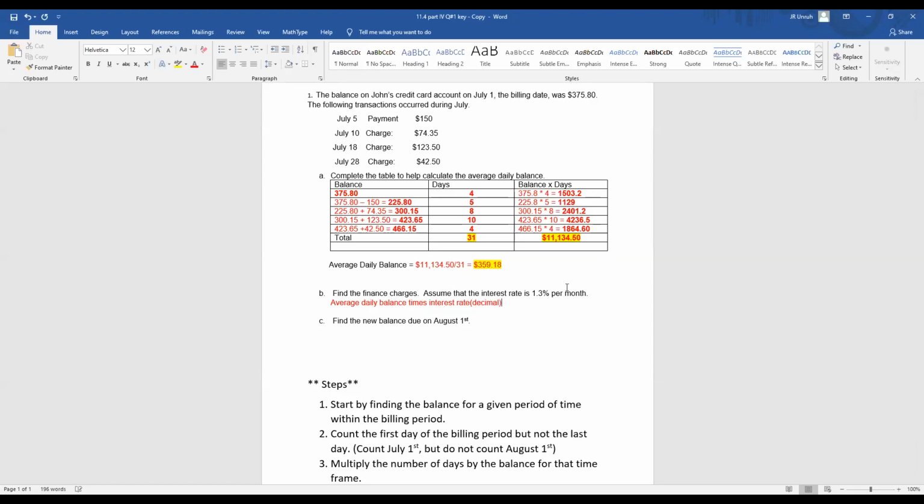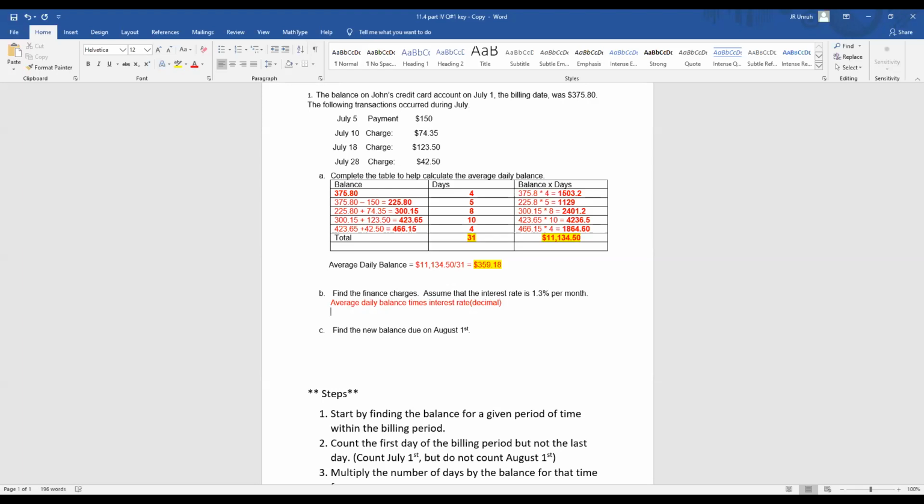Don't forget to do that. So all we need to do is take the $359.18 times 1.3% as a decimal, which is 0.013. Move the decimal two places to the left, which is the same as taking 1.3 and dividing that by 100. And we come out with